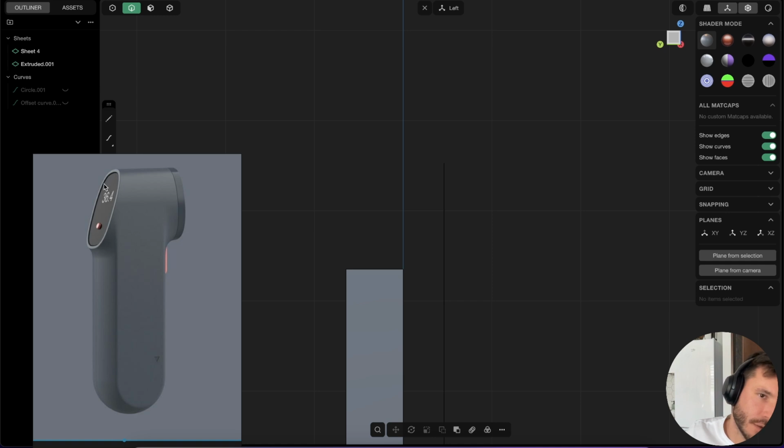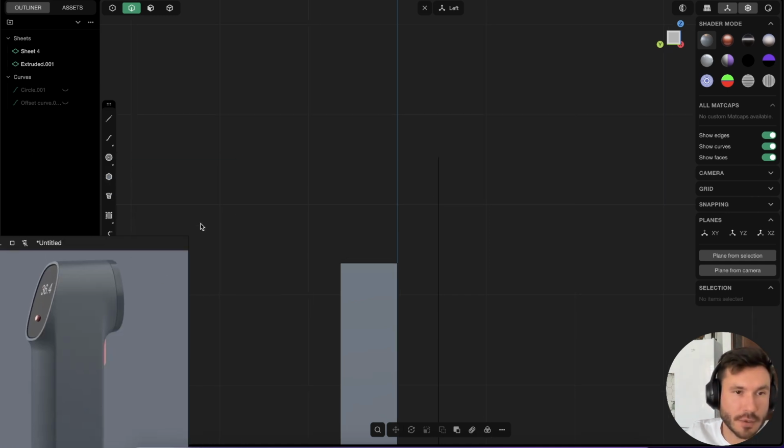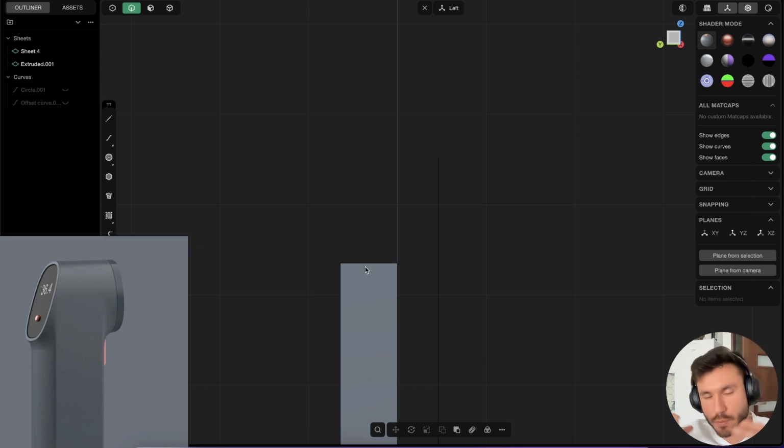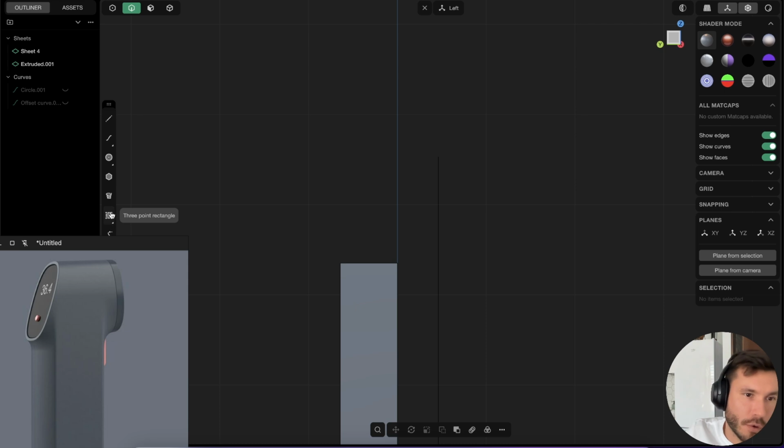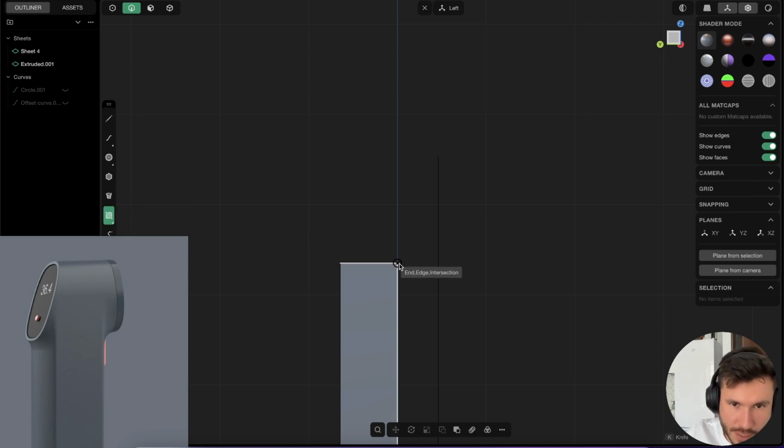So it's not just a circle or just a rectangle with fillets. So what we can do is, again, create a rectangle first as a reference. We can just place it here on our surfaces and get an eye of how big it should be, right? So you go here and select the corner rectangle, and you just snap at this point,